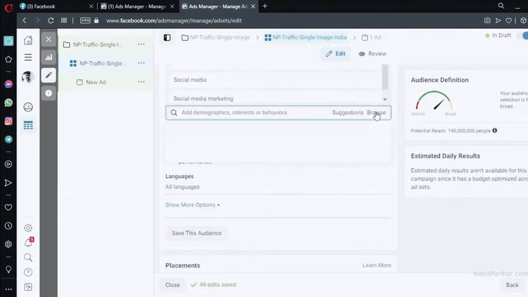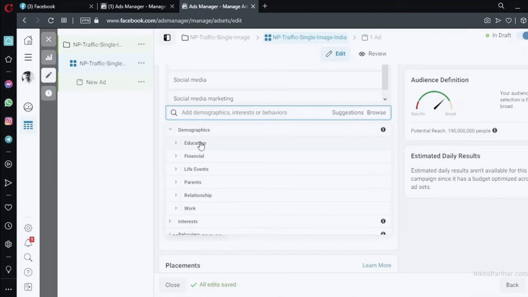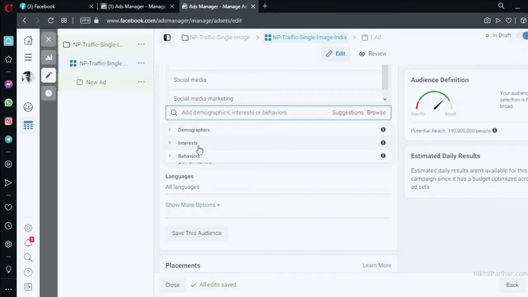If you click on browse, it is going to give you these options: demographic, interest, and behavior. You can target based on these different things: education level, financial situation, life events, parents, relationship, if they are in a relationship or not, all those factors.